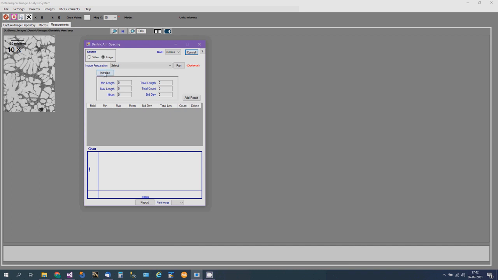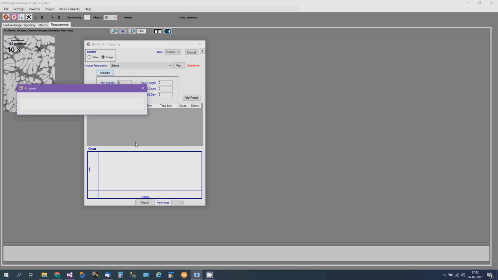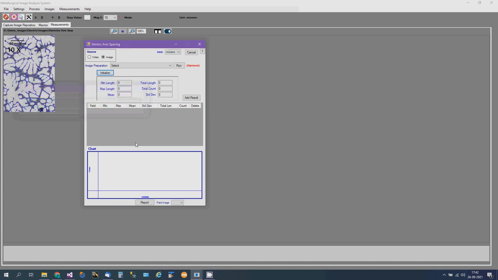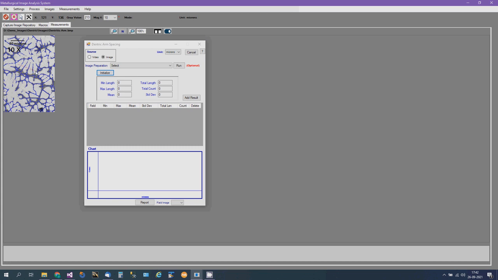So the step is, you first click on initialize. It will do the analysis on the image, find out the space between the cells and create a boundary line between each cell. If you see here, the blue lines are the centered boundary lines between each cell. So to identify the cell spacing between the cells, all you need to do is draw lines across the boundary lines. If you click here, move the mouse, click again, you draw a line like that.